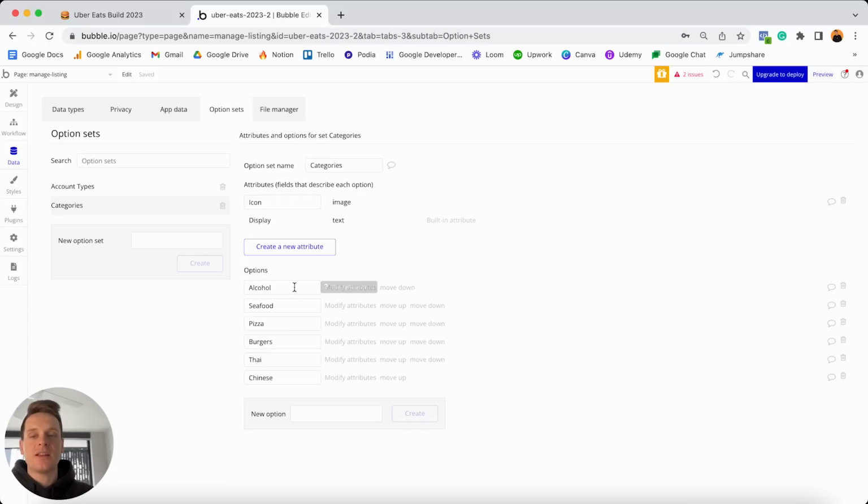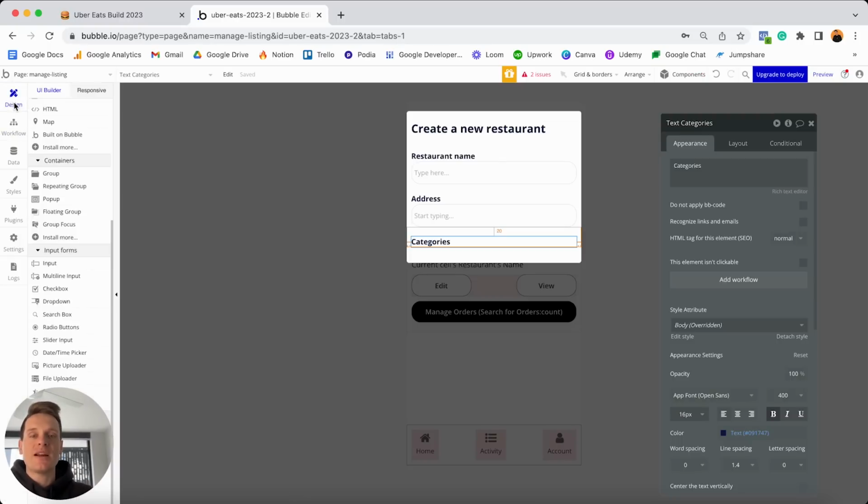So this is everything like alcohol, seafood, pizza, and so on. And so what I'd actually like to do today is create an experience where a restaurant owner can select from multiple categories that are relevant to their restaurant listing. And so if I was to jump into my design tab, traditionally for something like this, I'd use something like